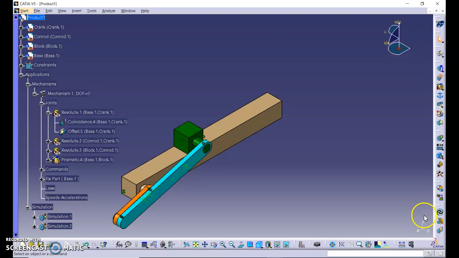You can record the video using a screen recorder. It is much easier compared to recording with CATIA. If you are using CATIA, it takes more gigs, while Kinematics will use